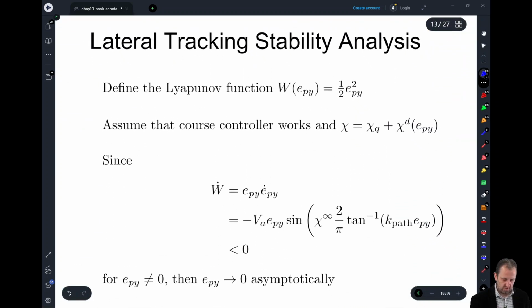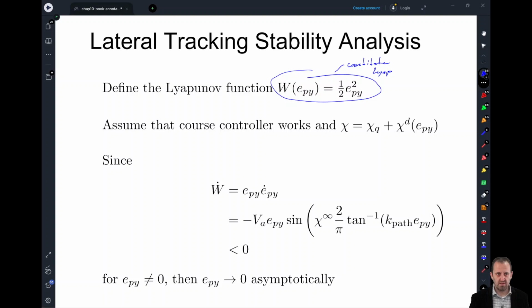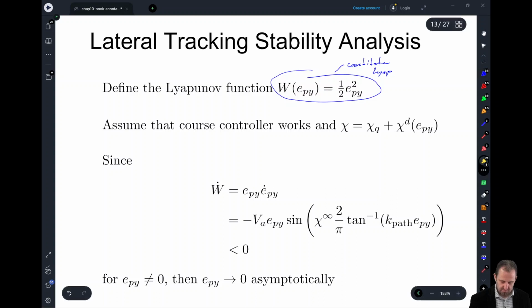Okay, so right here, we define a candidate Lyapunov function. That just means that it satisfies that W of e_py is greater than or equal to 0. Okay, then we make this assumption